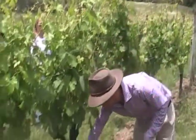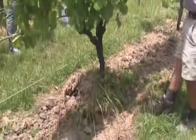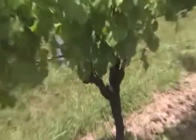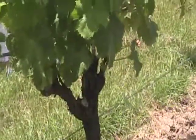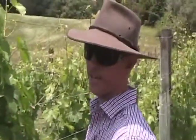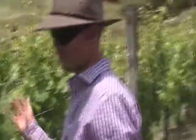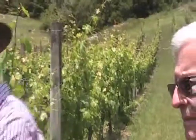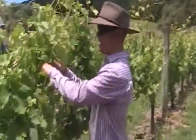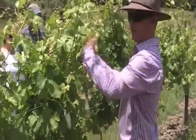Obviously, everything comes off this main trunk. Each year we cut away the old wood and wrap down new canes, which are these guys here. And the whole idea is to get them as upright and in columns as possible. With Oceania, it's a very, very difficult variety because it tends to fall over and flop over everywhere. So we go through about 5 or 6 times a year, and it's due right now, and straighten them all